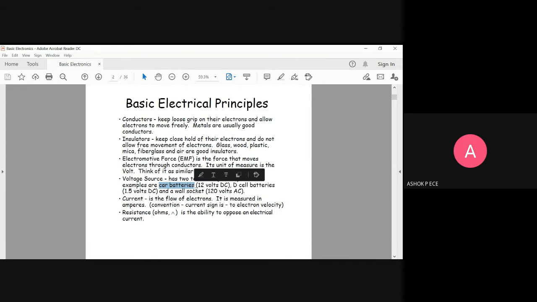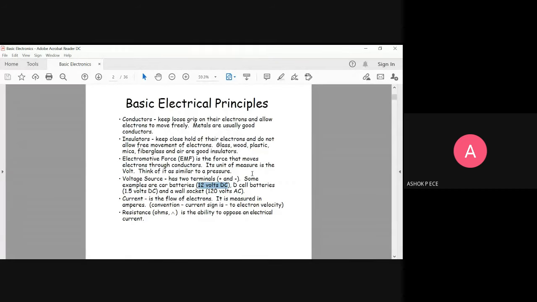You are able to see the car battery which I am highlighting now. That is going to be your DC. So it is going to give out the constant. Okay. So the car battery, which I am highlighting here, is going to provide a constant 12 volt DC. DC means it is going to be 12 volt always. You switch on, it is 12 volt. You switch off, it is 12 volt. Again, you switch on, it is 12 volt. It is 12 volt always.